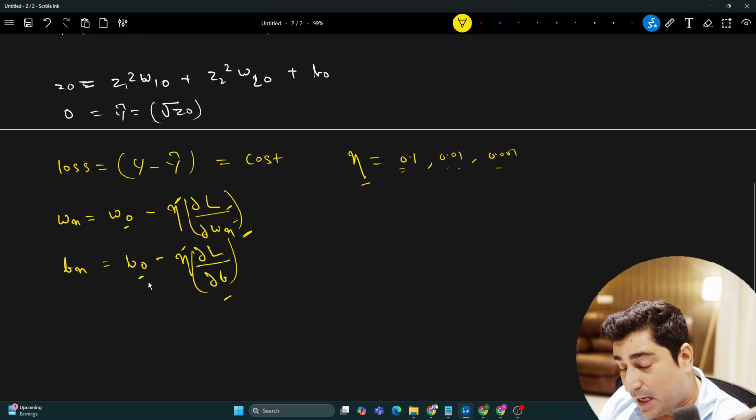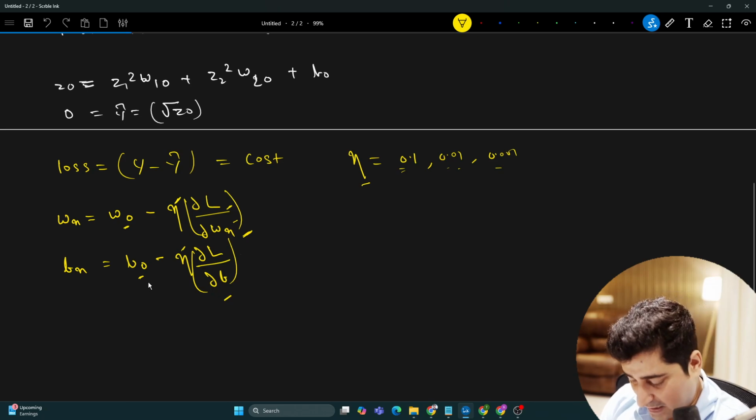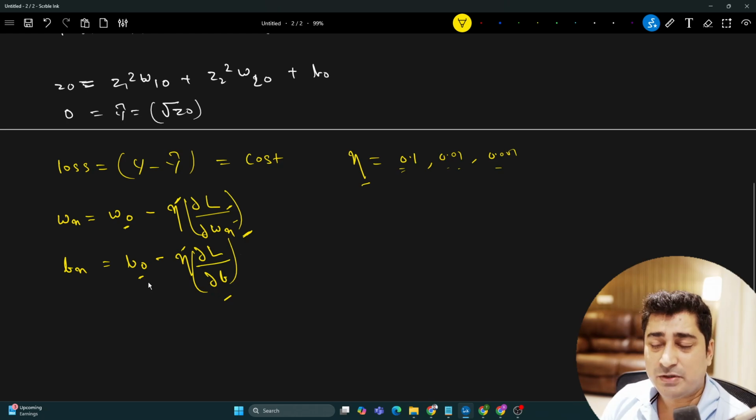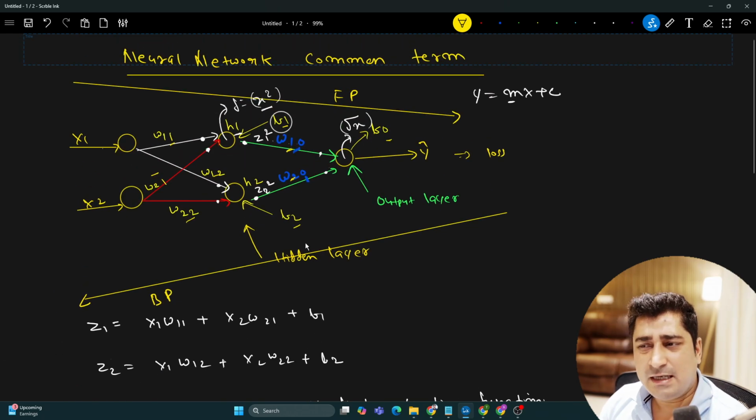So how are we going to change it? This is where the philosophy of optimizer, which I'll be talking about, comes into the picture. I believe this flow is clear. The whole idea was not to explain the calculation. The whole idea was to explain the core concept behind a neural network, which I'm going to reiterate